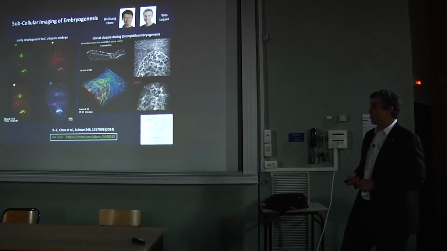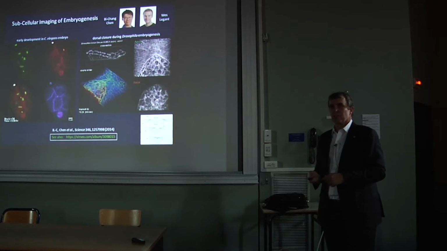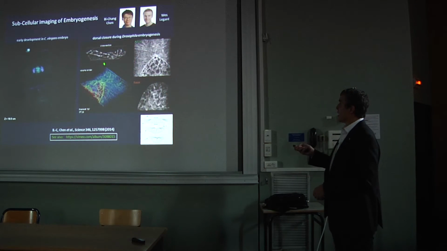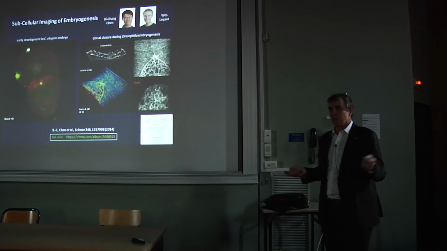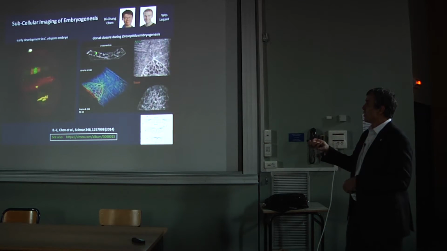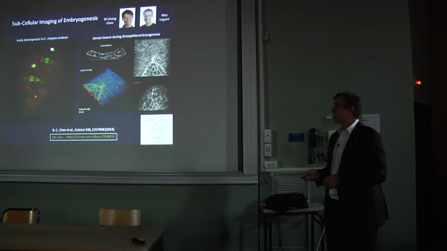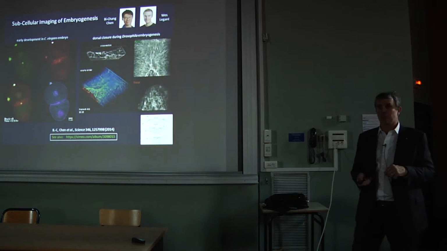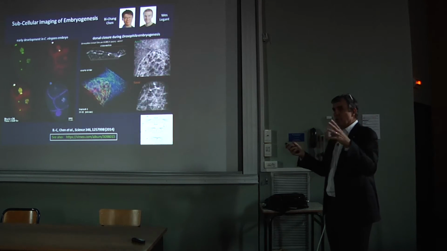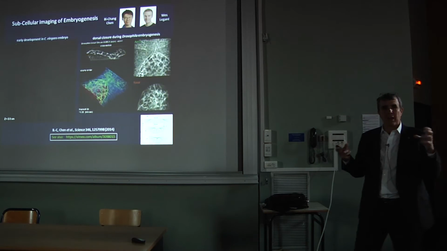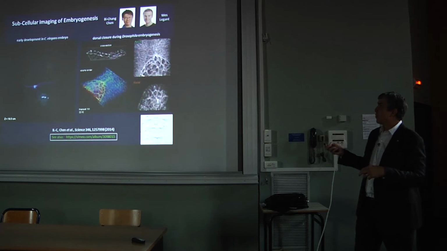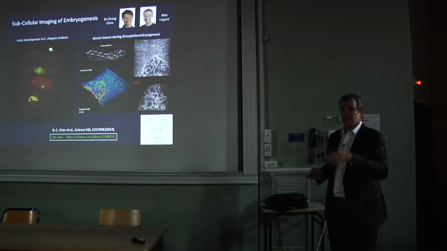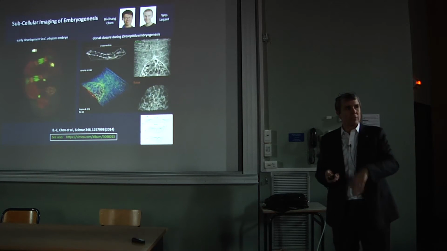In this case, we're looking at dorsal closure. So this is an entire 500 micron big Drosophila embryo, fruit fly embryo. And although we can't look through the whole embryo for reasons I'll get to in a few minutes, we can look through the top layers, and so we can actually look at both the top and bottom layer of that top layer of cells called the amnioserosa, and they go through these pulsating contractions and expansions of the actin cytoskeleton. We've been able to show that those contraction expansion phases are 180 degrees out of phase between the bottom and top surface of those cells.